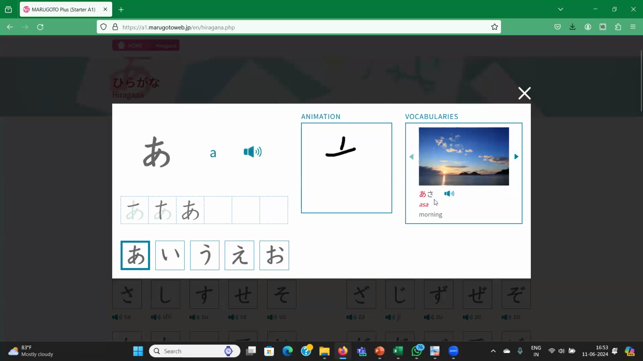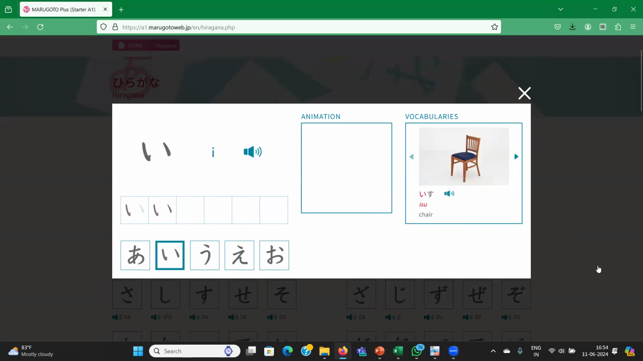The words are also given here, but you can do it later, because they've given asa. Sa you have not learned yet. So later when you learn sa, you can come back and do a revision. There you can click on this speaker, 朝, asa. So you get the pronunciation. Similarly, click on the next one and you get the